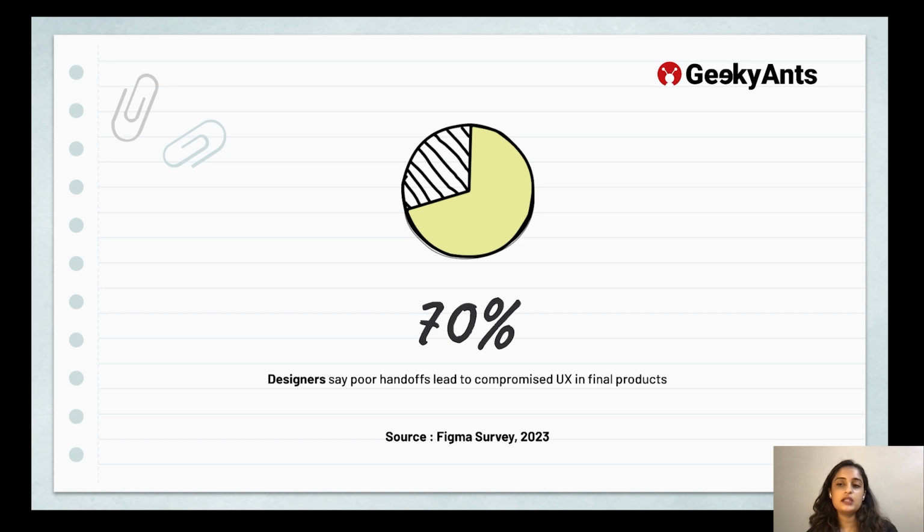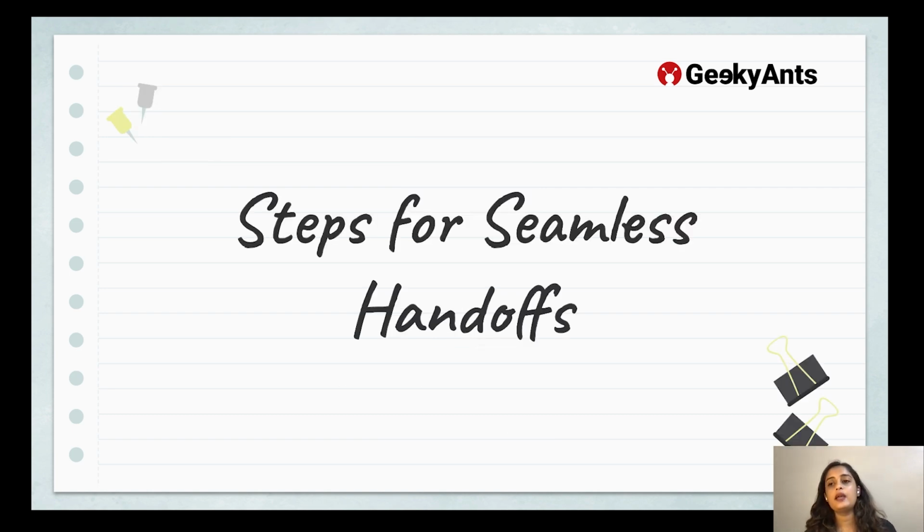I personally have been in situations where I've had to come back to a completed project and hand out components simply because some specs were missing in the file. So I had to address this issue, which is why I'm sharing a methodology for seamless handoff. And the tips I will share today are useful for both beginners to Figma and those who have been in the design game for a long time.